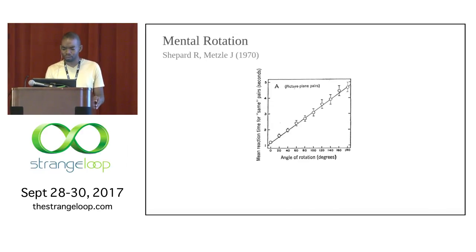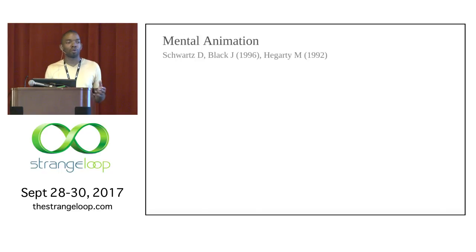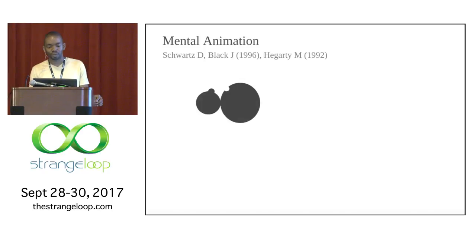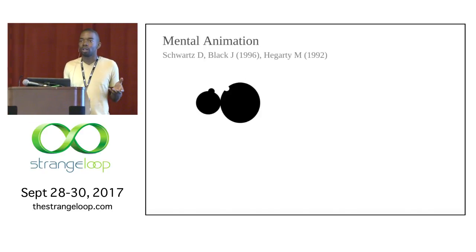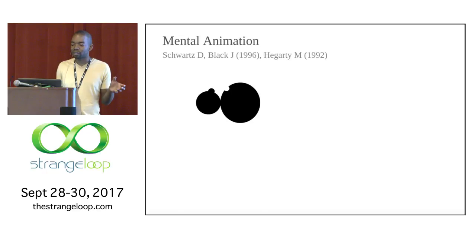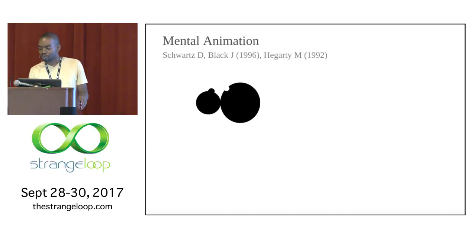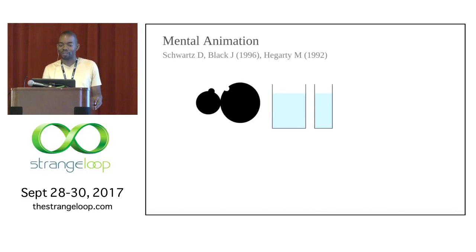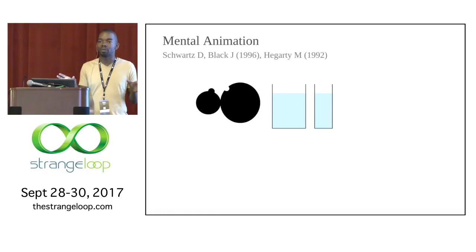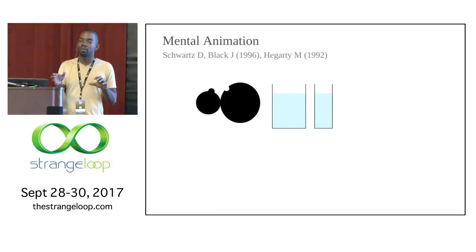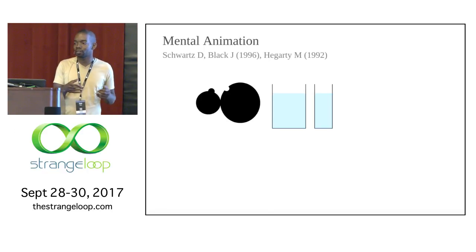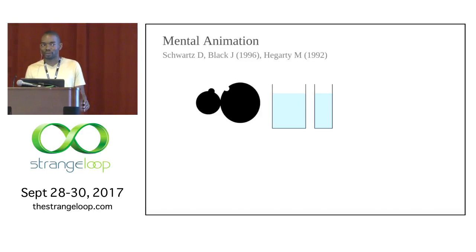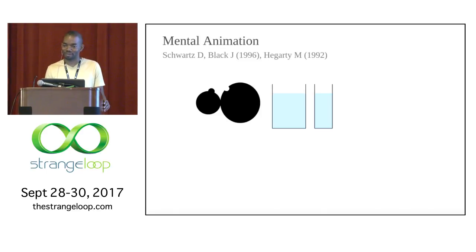So for example, some people call this mental animation as a more general concept. And so I can ask you, if I rotate these two gears inwards, will the knob on the left-hand side mesh with the groove on the right-hand side? Yeah, probably. If I give you two glasses of different diameters but filled to the same height, and I tilt them, which, if any, will the water come out of first? Any idea? Same? I'll leave you to think about that one.